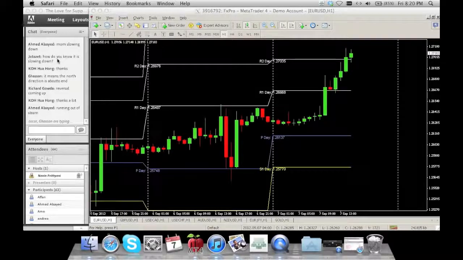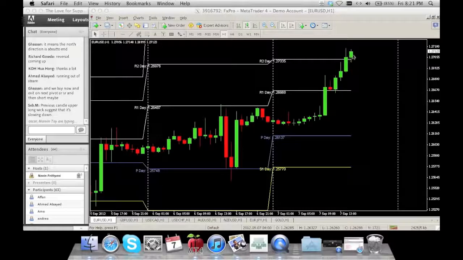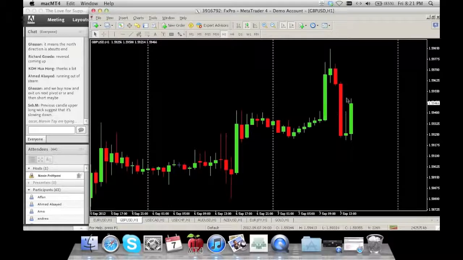Jota asks, how do you know it's slowing down? When you have a candle like this, where 20% of the candle is giving you a tail on top, this indicates the candle is a trend continuation pattern, which means the market still wants to go long, but there is a chance that it might not go past the tail a lot. This is 20% of the entire candle. So it's telling you that it wants to go long, but not too much further. There's a slowdown coming up. Pound. What do we have on pound if the market closes the way it is?